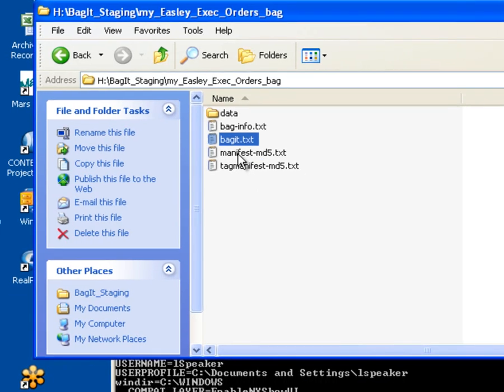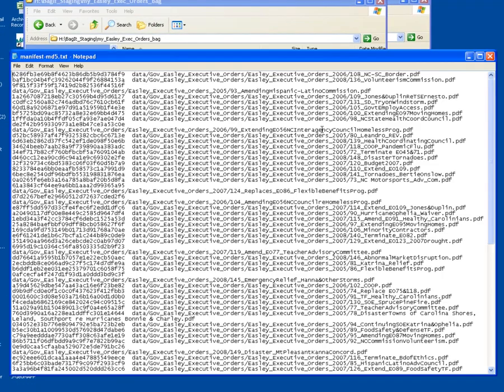The next file, manifest-md5.txt, is the really important file here. As we open up this file, this is essentially an inventory listing of all of the files that are in the bag. So we see each of the file names as we scan down through here, and we also see which path or directory those files are stored in inside the bag. And on the left here we see the checksum value,